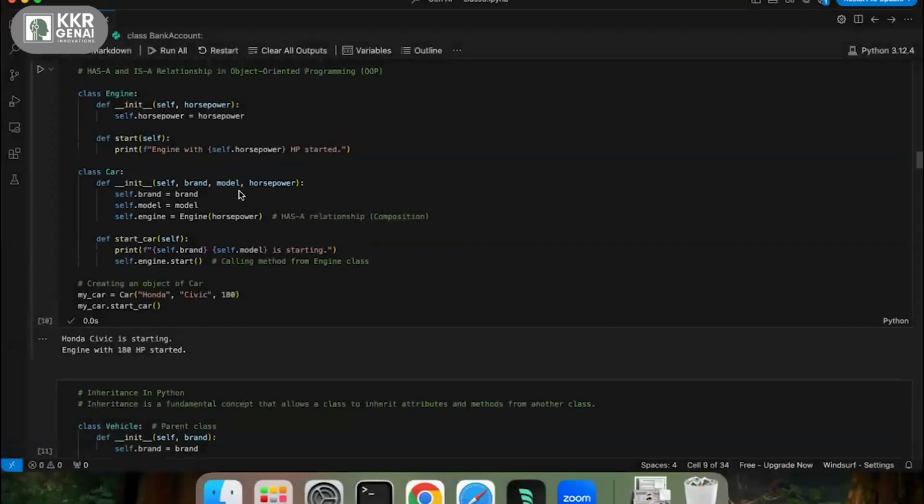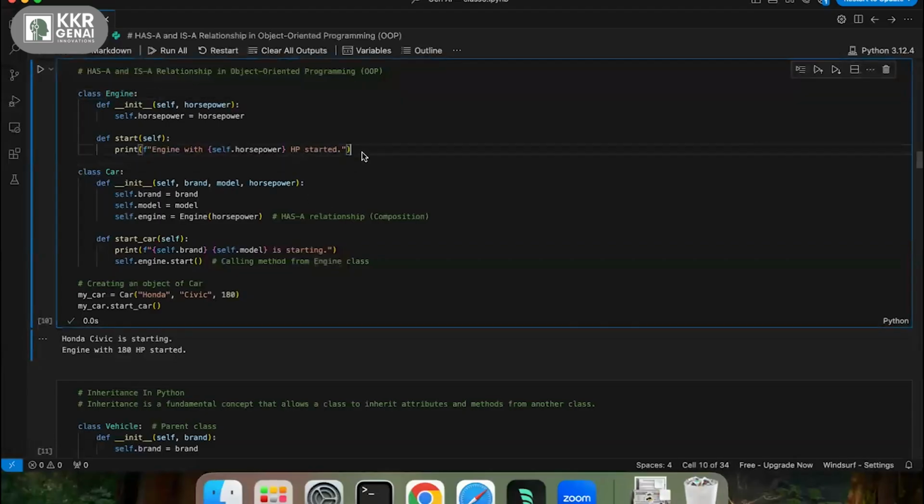So here, let's see an example of the has-a relationship where I have an engine class. In this engine class, I have horsepower, and then I have a method called start. Then I am creating one more class, which is the car class.